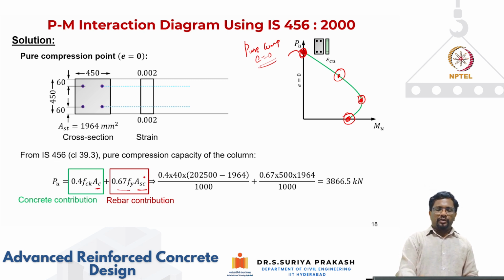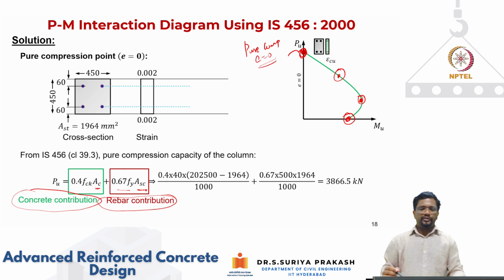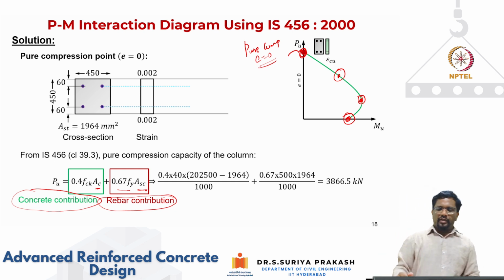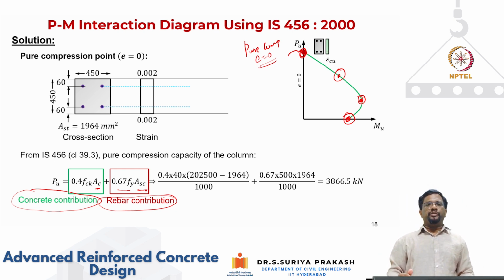Okay, so it's not 0.445. The reason is, in the actual equation we multiplied by 0.9 to end up with this. So this green color is your concrete contribution, and this 0.67 fy times Asc, the area of the steel, is going to be the rebar contribution, right? So if you plug in these values, you will find that the total pure compression capacity of this column as per IS 456 is